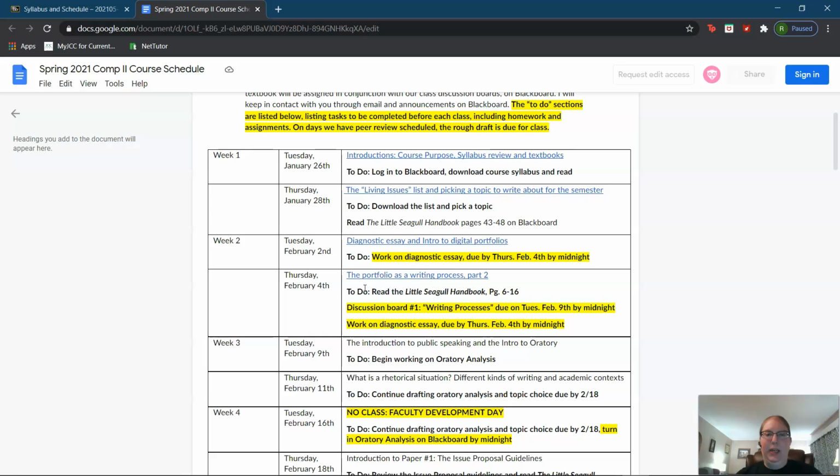And the homework for the weekend is to finish working on the diagnostic essay. The diagnostic essay is due by Thursday, February 4th by midnight. And discussion board number 1 is the homework for this weekend. Discussion board number 1 can be found on our Blackboard page, and that is due on Tuesday, February 9th by midnight. And the homework is to read the Little Seagull Handbook, pages 6 through 16, which I have provided